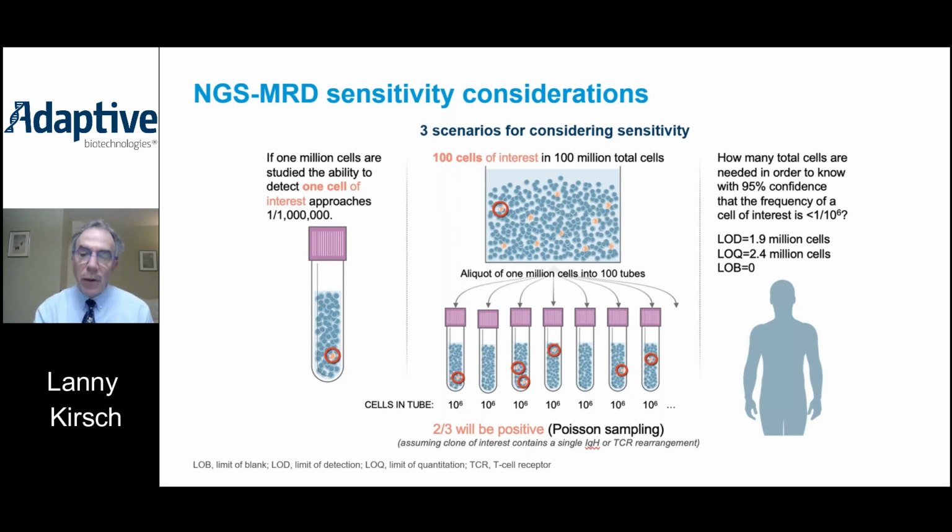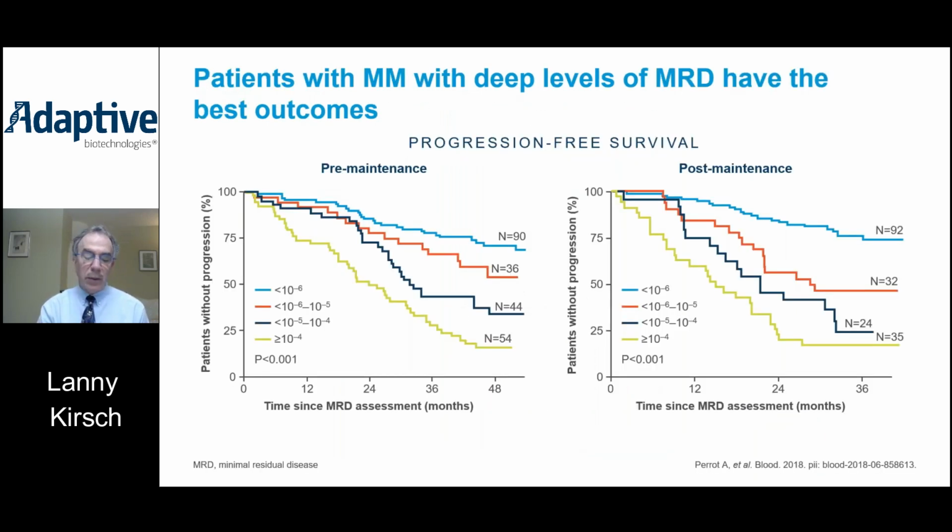Many of you will be familiar with this result published by Perot et al. based on the IFM 2009 clinical trial. Using the NGS-based assay, it was found that the prognosis for patients with MRD at either the pre or post-maintenance period was better for patients with undetectable MRD, defined as less than 1 residual cell per million total nucleated cells, and indicated by the blue line,